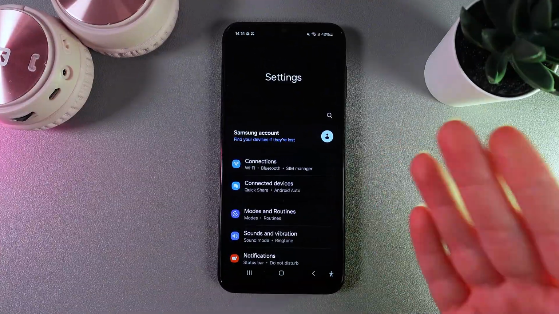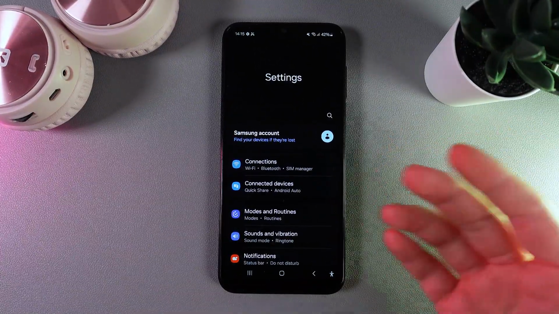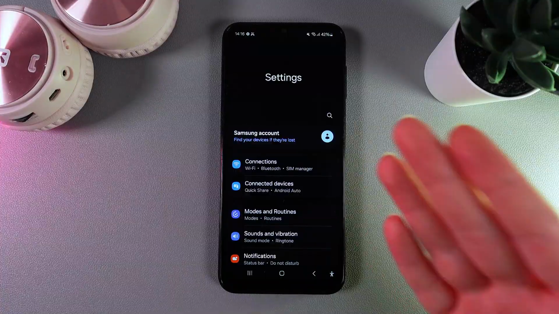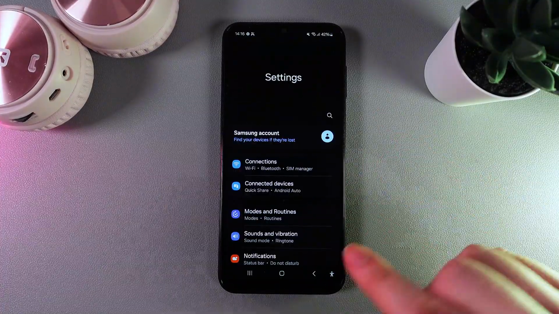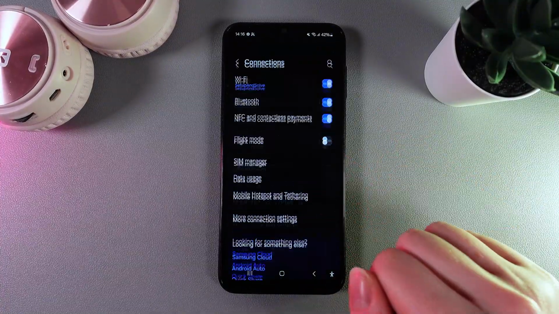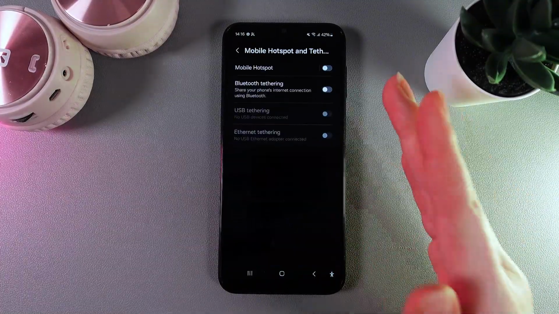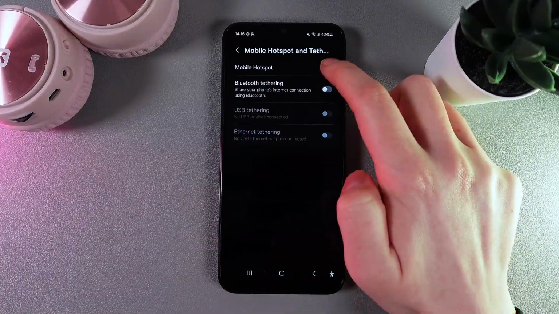Hi, want to know how to enable or disable mobile hotspot on your Samsung Galaxy A14? So, as a first step, as you can see, we would need to open settings on our phone and then go to this tab which is named connections. Here, we would need to open tab mobile hotspot and tethering, and to enable mobile hotspot, simply click on this